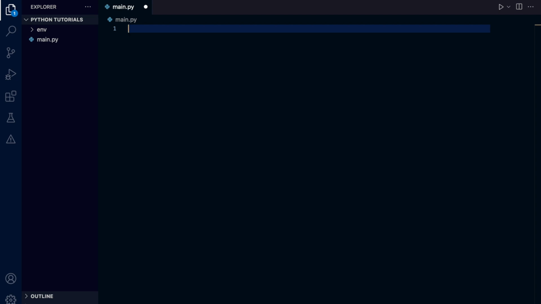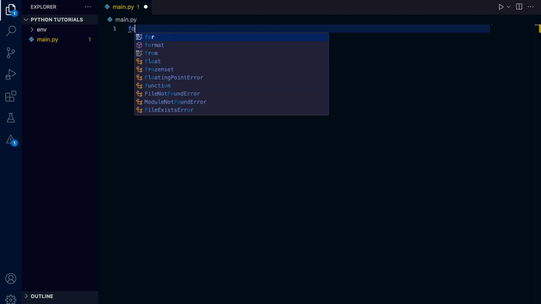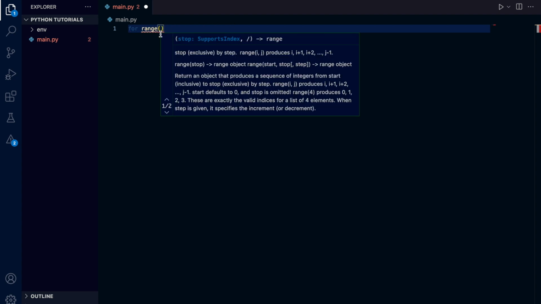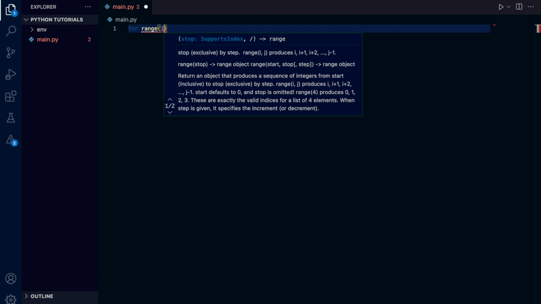First, for loops. Let's say we want to print hello world 10 times. We can use a for loop. For, and then we need to have something here. There's one function which is very helpful, called range. Now, what this will do is if we put in range 10,